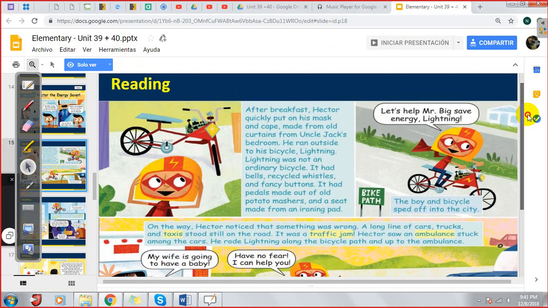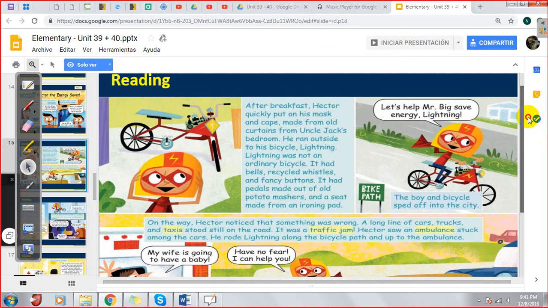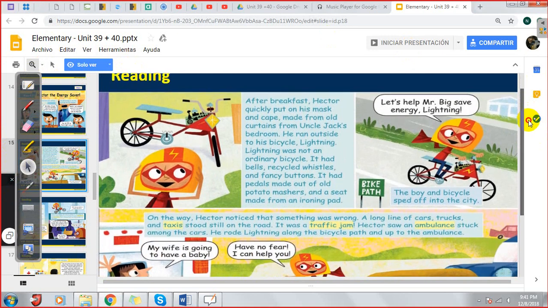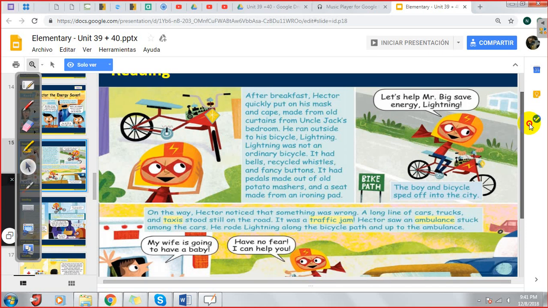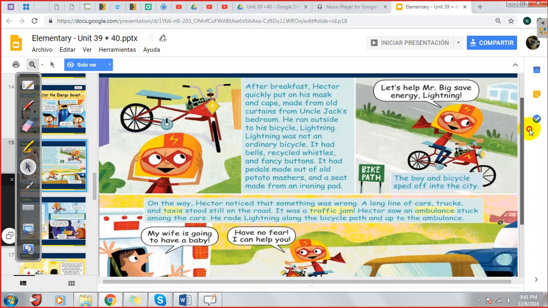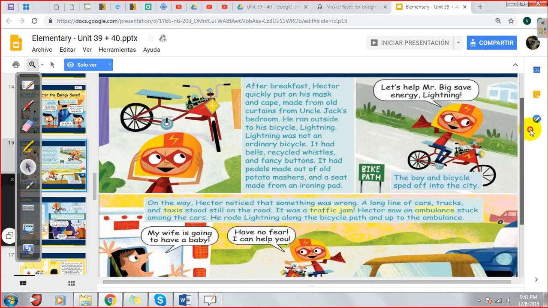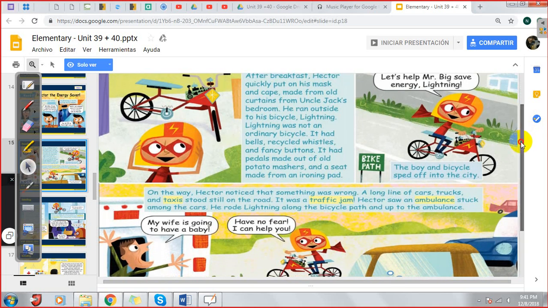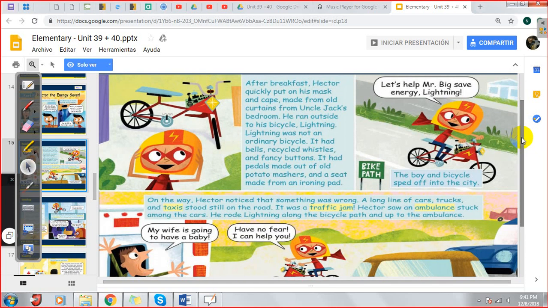After breakfast, Hector quickly puts on his mask and cape, made from old curtains from Uncle Jack's bedroom. He ran outside to his bicycle. Lightning was not an ordinary bicycle. It had wheels, recycled whistles, and fancy buttons. It had pedals made out of old potato mashers, and a seat made from an ironing pad. Okay? Yes. Let's help Mr. Big save energy. Lightning. The boy and